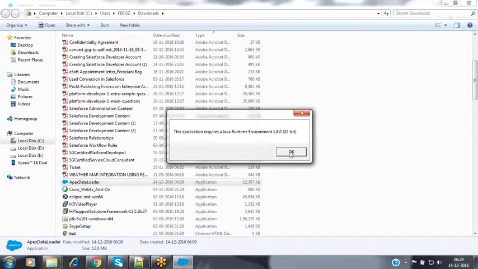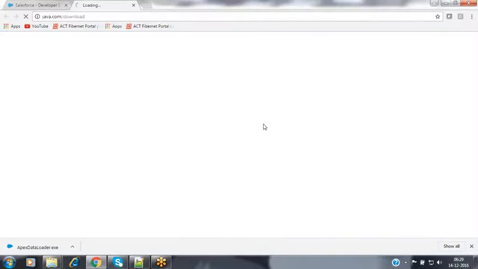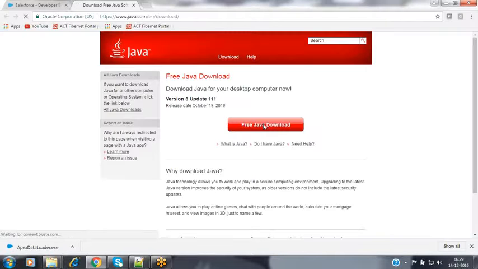Whenever you're installing the tool, first of all, we should have the Java Runtime Environment. You have to install the Java Runtime Environment, nothing but the JDK and the JRE should be there. Then only we can install this tool. We can install the JRE and the JDK from the Oracle website. Now we can install that.